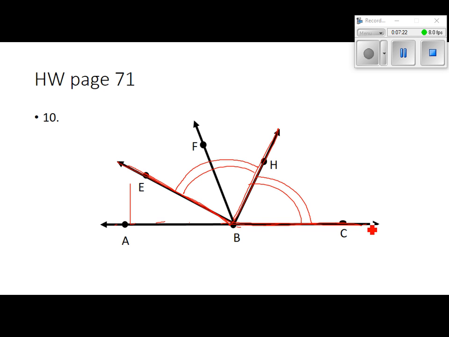What else do they tell us? Now I think they tell us the part that I thought they told you first. Ray BE bisects angle ABS. So everybody see this ray? And it bisects